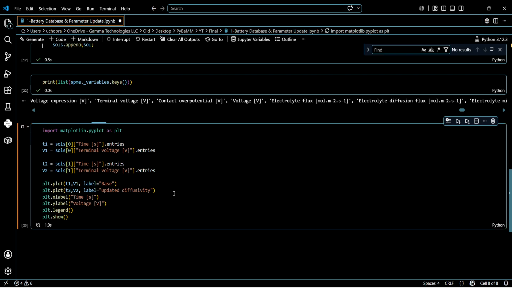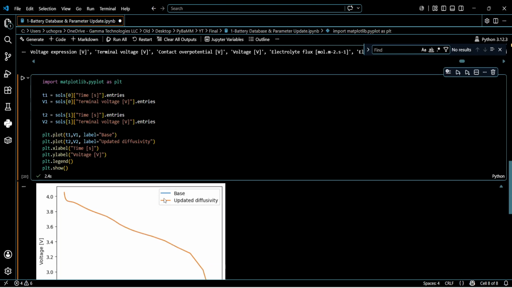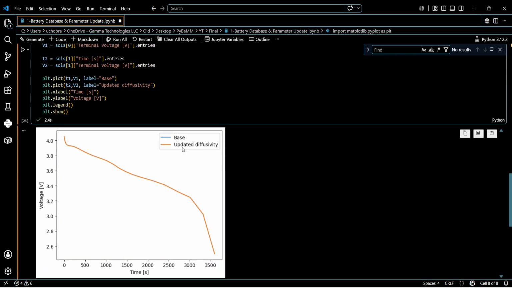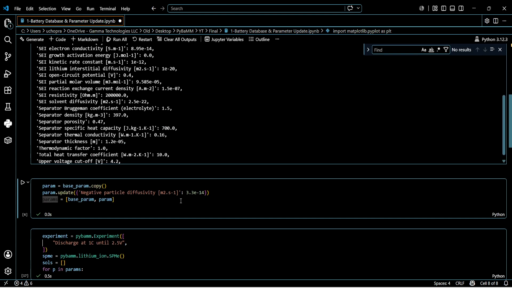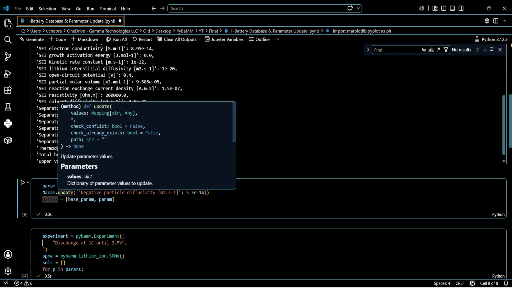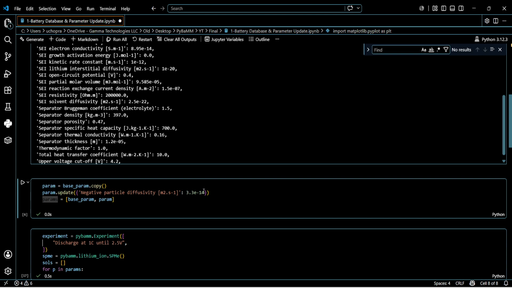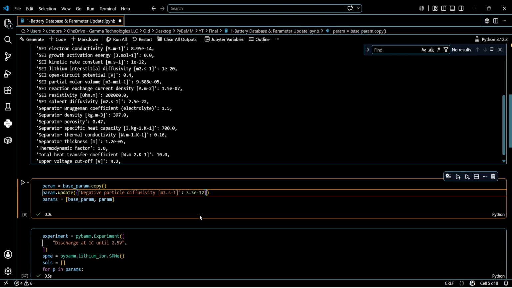So with this, as we run the code, we can see that base and updated diffusivity overlap, which was intended behavior since we didn't modify the diffusivity value in the param dataset. So now we can just adjust this by changing it by, let's say, 2 orders, and we know